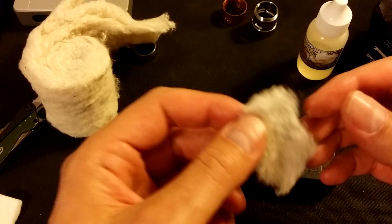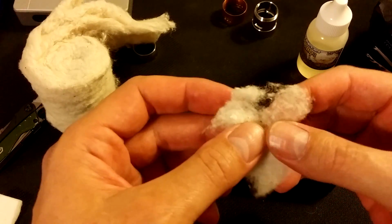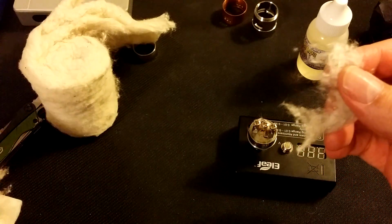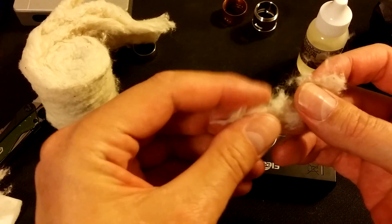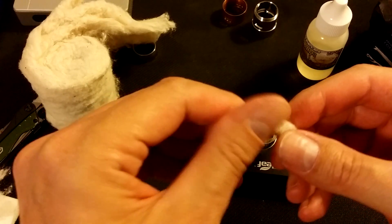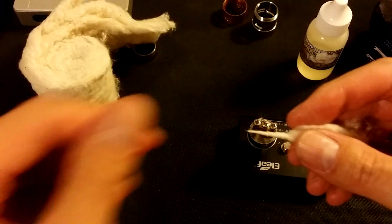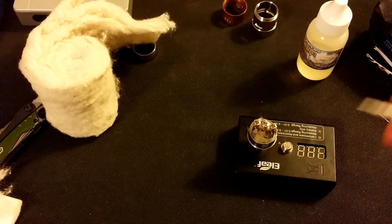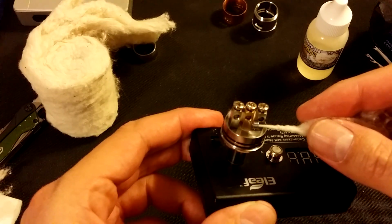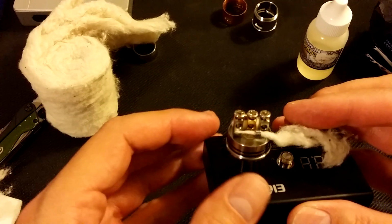So what you kind of have to do is, it is a little harder. I'll cut a piece off and I'll just pull a strand. But once you get it wicked, it stays in there and the flavor is just a lot better. Because I noticed before on Japanese cotton that it does wick okay, but the juice will kind of sit on top of it also. So let's see if I can do this on camera here. Through the hole. There we go. Like I said, you just got to be a little more gentle with it,